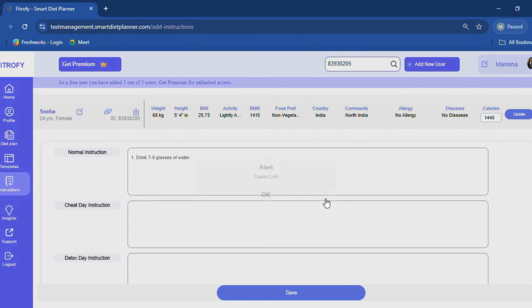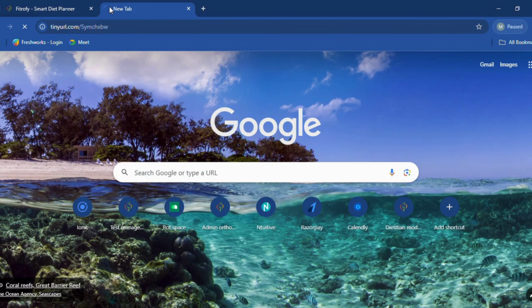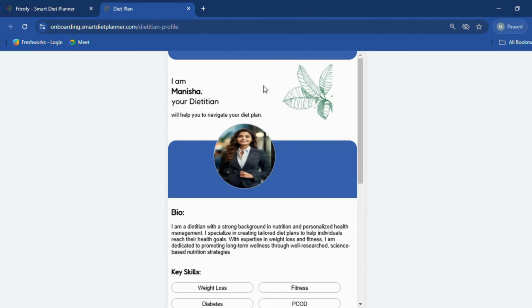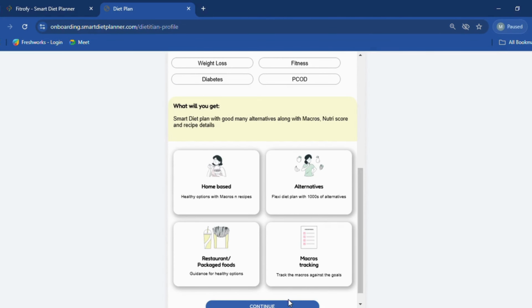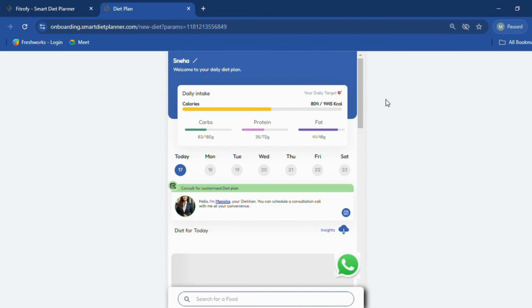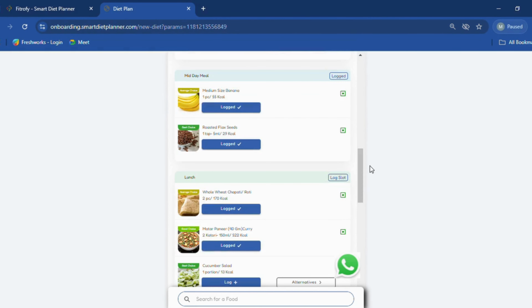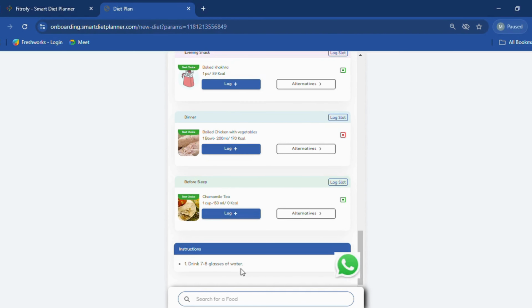Now I will copy the link from here and will open it in the tab. This is the client's profile. We will go to the bottom of the screen, and here at the bottom, the instruction box comes like this. So this is how you can share whatever information you want to share with the client.